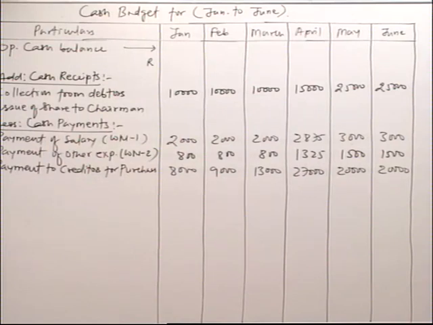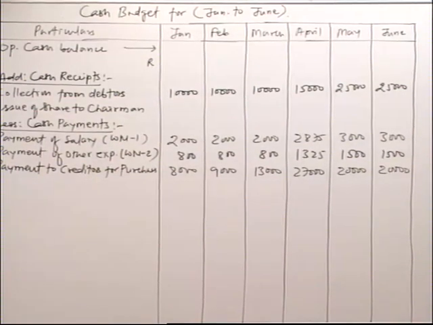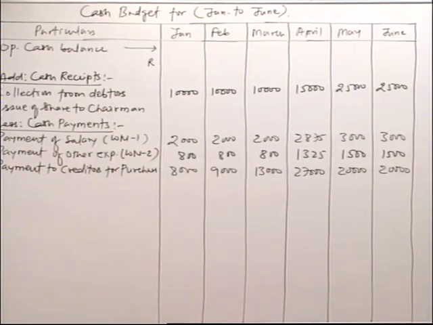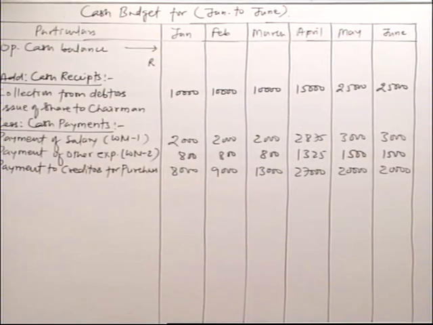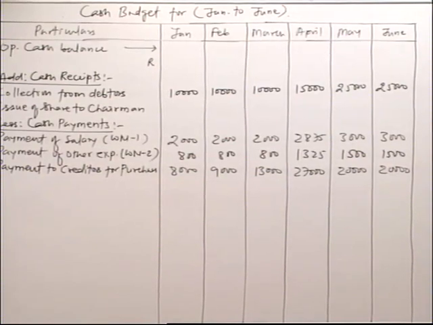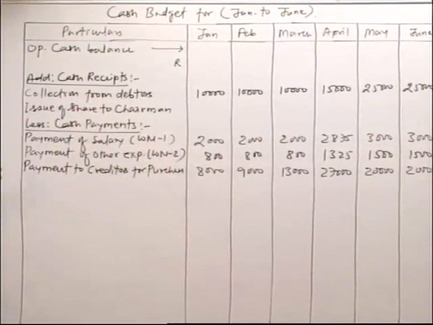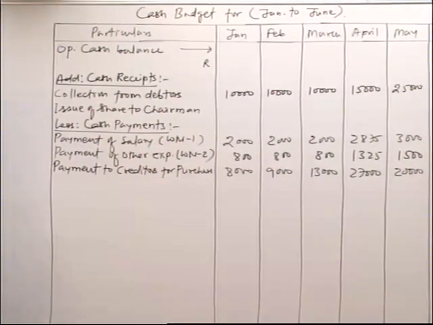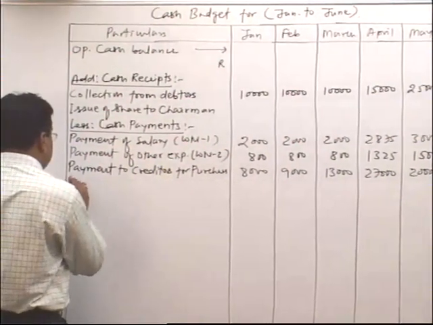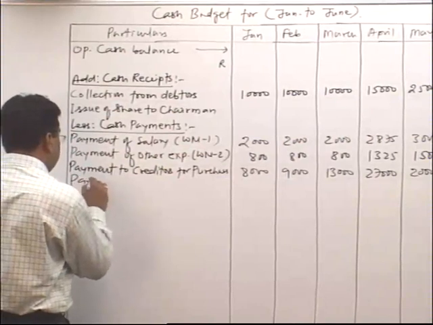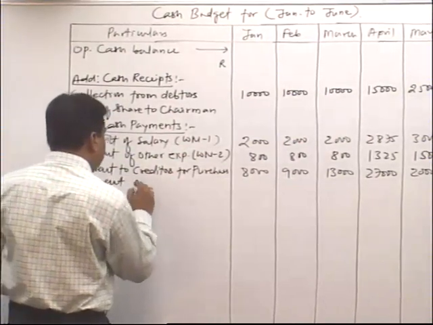Now please see point number C of the question. It is regarding payment of rent. Now annual rent is 2,000 rupees, but the rent is paid on quarterly basis. So quarterly rent will be 500 rupees. And the first quarter will be in March and second quarter will be in June. So 500 rupees in March and 500 in June. Payment of rent